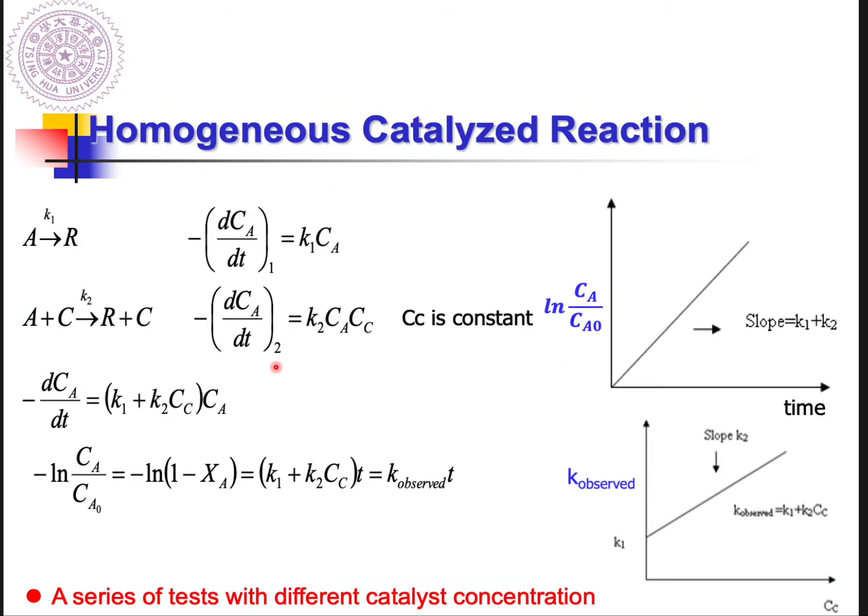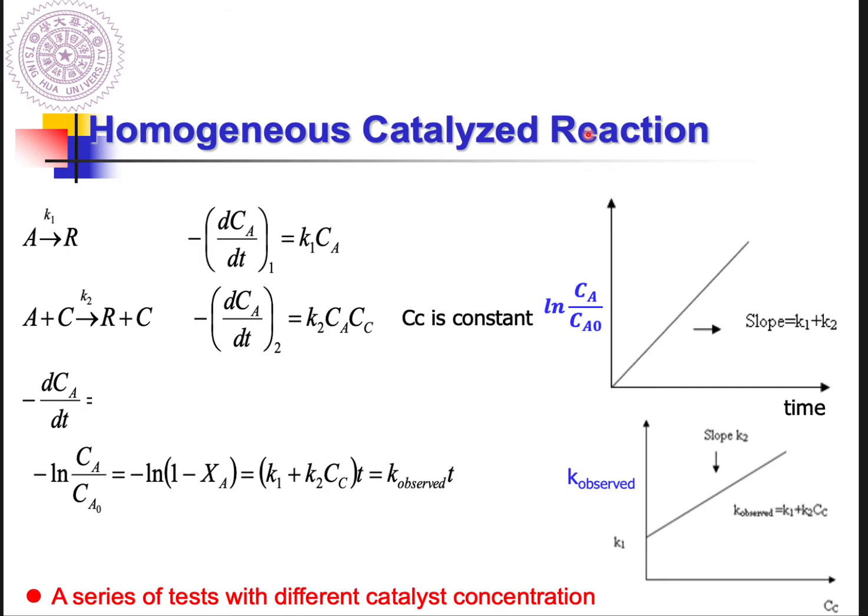Okay, next I'm going to give you another example. It's also a parallel reaction, a homogeneous catalyzed reaction. Usually, as I mentioned, people will add a catalyst to their chemical reactions, to provide another path with lower activation energy. So the idea will be like, in this beaker,